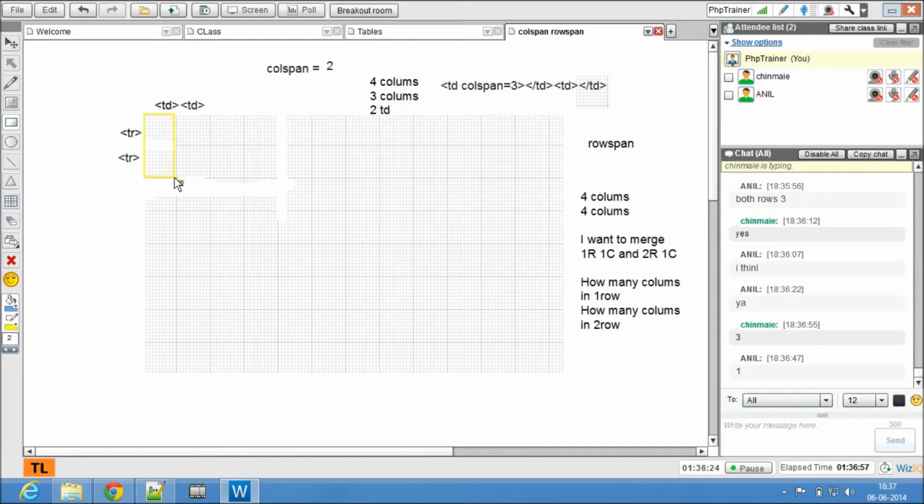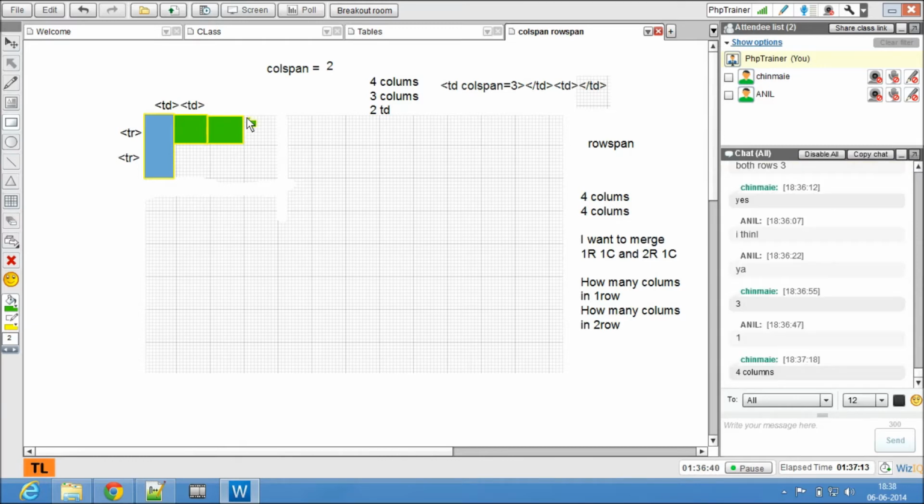First row columns. Yes, 3. Great. Nice. So you say 3, 3, right?